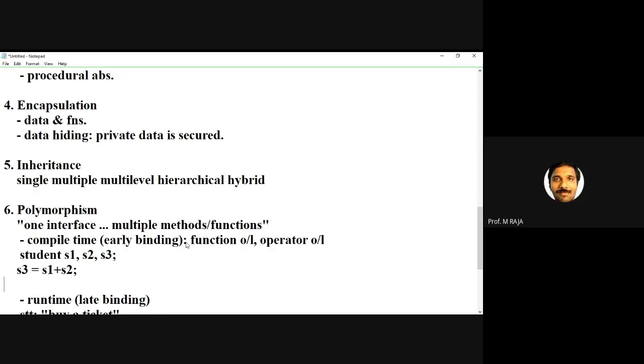If you write S3 is equal to S1 plus S2, this will not work. S3 x will not be 300. S3 is equal to S1 plus S2 will not add the contents of the objects accordingly, S1 x with S2 x, S1 y with S2 y, S1 z with S2 z. This is not possible. But here, using some specific task that is going to be defined to the operator plus,